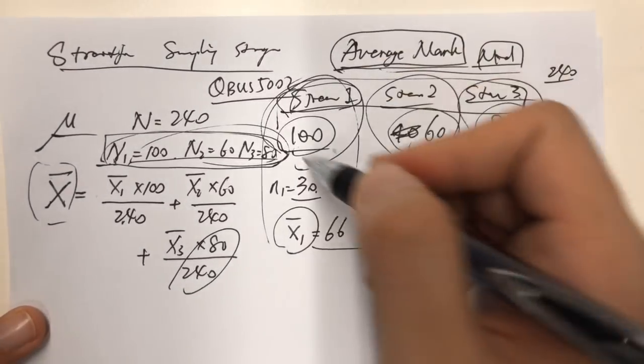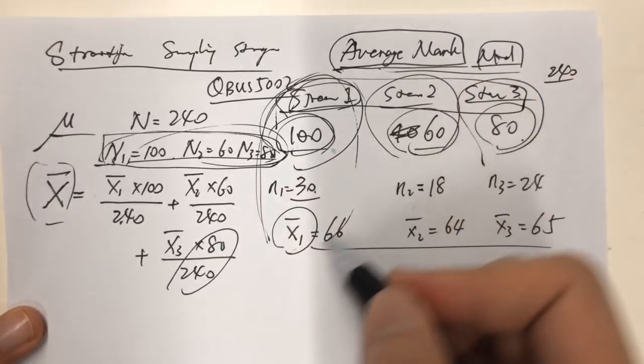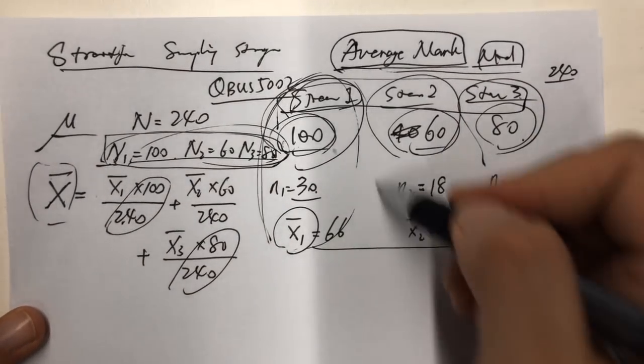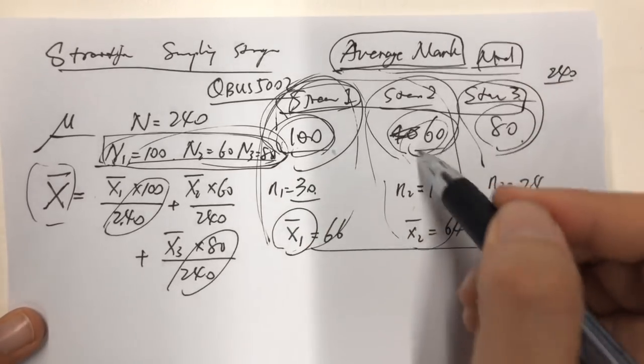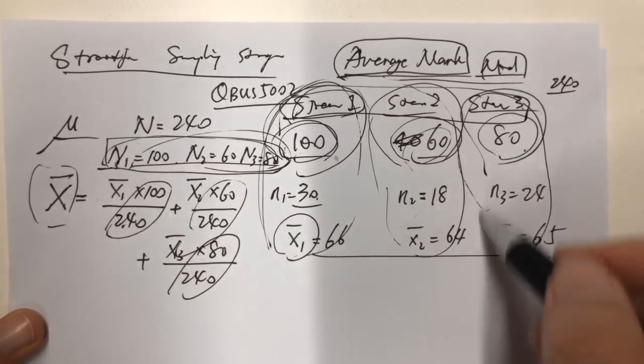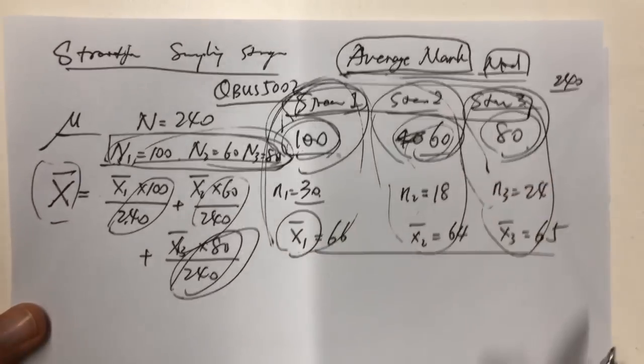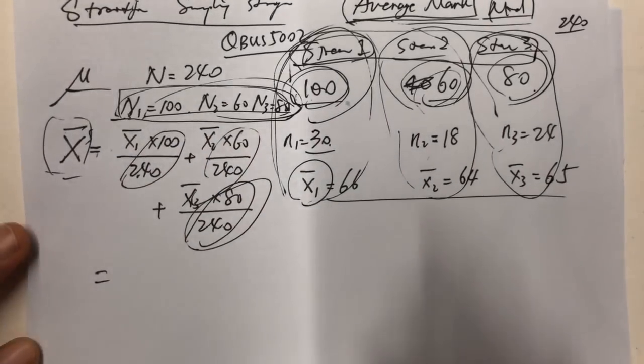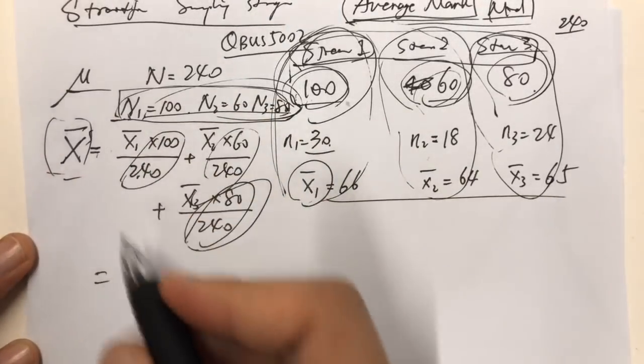Because stream 1 has 100 students, which is more representative, we need to put more weight on stream 1. For stream 2, probably fewer students, so less weight. Stream 3, moderate students, so moderate weight, okay? So after that, the whole sample mean is calculated to be